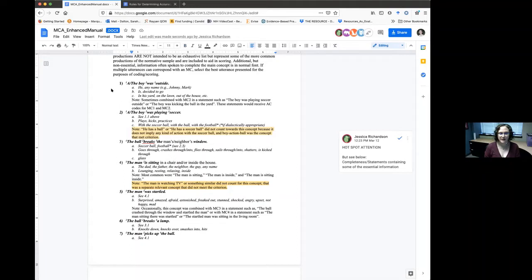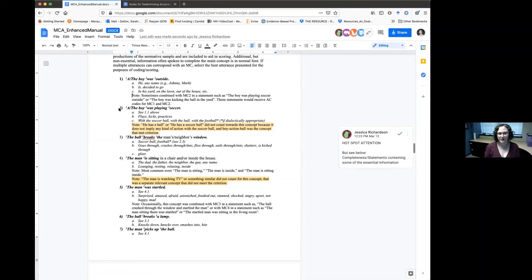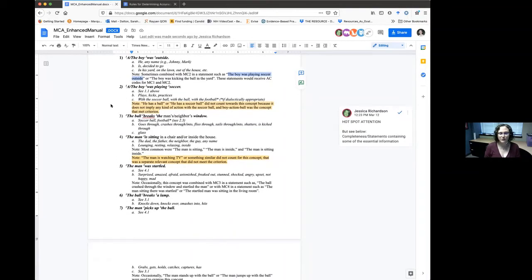So for example, this first main concept, the boy was outside, was often spoken in combination with the second main concept, the boy was playing soccer. So something like the boy was kicking the ball in the yard, or the boy was playing soccer outside. And for a statement like this, an individual would receive full credit for both main concept 1 and main concept 2. And then we also provide some notes about things that do not count or wouldn't receive full credit